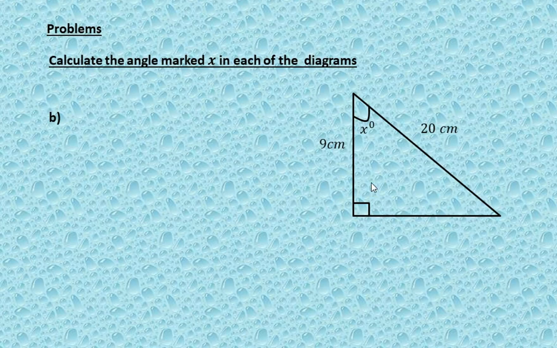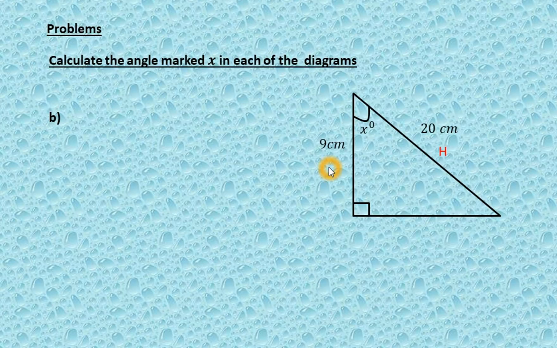Okay, the next example. Here one right-angle triangle is there. We have to calculate this angle x. First we can mark the hypotenuse, that is the side opposite to 90. This side is the hypotenuse. The next, the opposite and adjacent sides depend upon this angle x. In this case, this is the opposite side, but that part is not given, so no need to write that one. Then this one is the adjacent side, the nearest side.